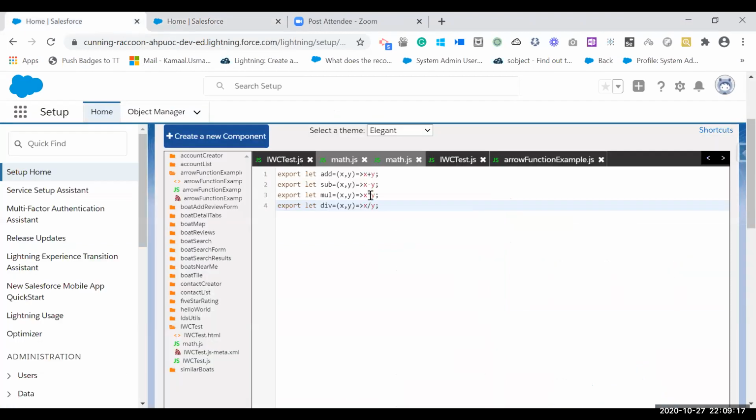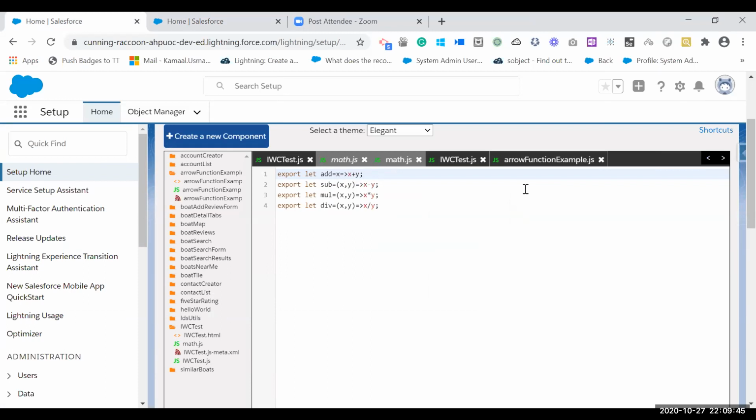Okay. So here I want to tell you some more points. Here you can pass a number of arguments like this, and you can pass default values also. That will also work. If you have only a single argument, then you can either use the parentheses or omit the parentheses also. It will work the same in arrow functions.